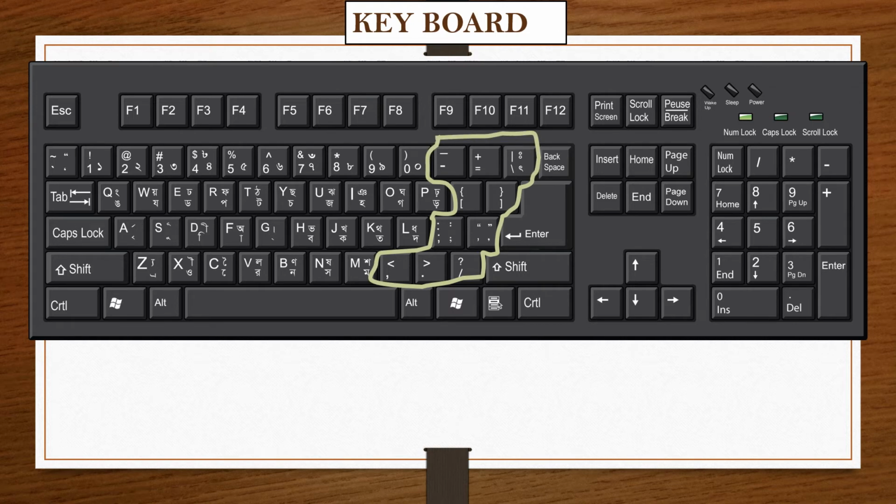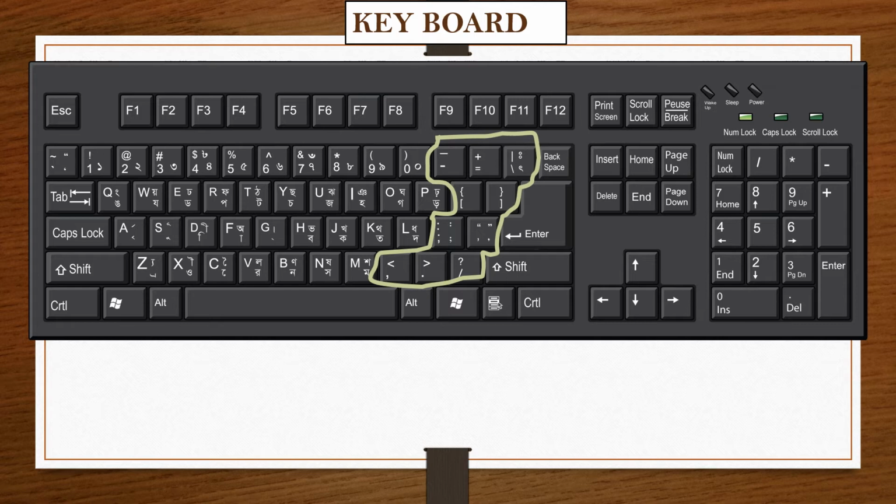Symbol keys help us to add punctuation marks and other symbols while typing, like plus, minus, equal to, brackets open, brackets close, double quote, single quote, comma, semicolon, less than, greater than, question mark, slash and many more.